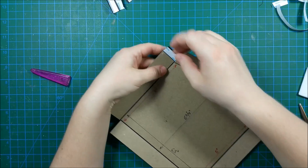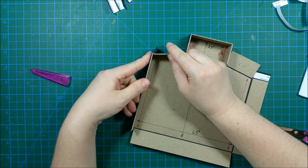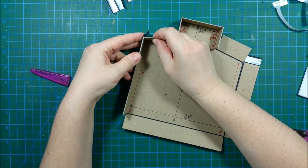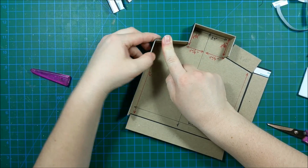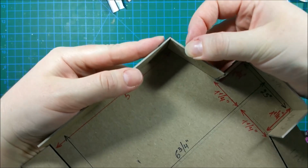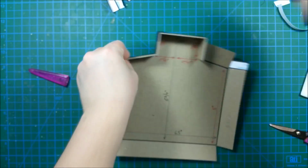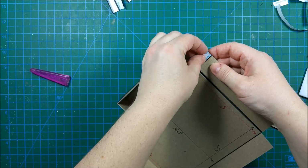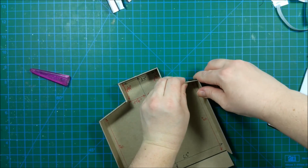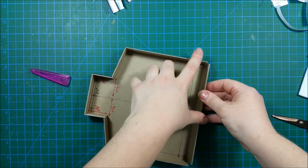So this way. Now I'm removing the backing, and once again I make sure that the 5 and 1/8 of an inch piece covers the chipboard piece, which is 2 inches, like that. Okay, and by covers I mean that this piece is below the piece which is 5 and 1/8 of an inch. Okay, so now let's do that from the right side. And I fold like this. Okay, now the bottom,